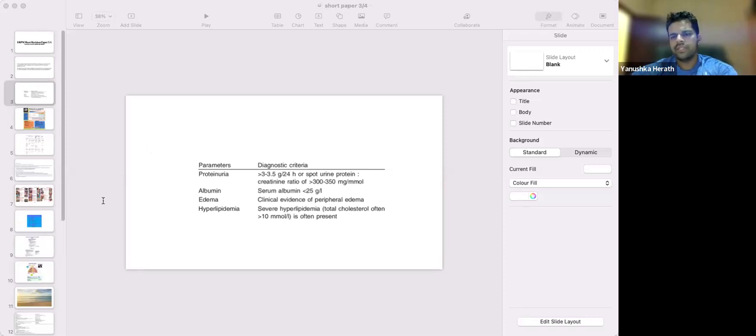So what you do is you see the apneic hypoapneic index, and based on that you can categorize it. There is also a screening tool, the STOP-BANG screening tool, which can be used for screening purposes of obstructive sleep apnea. And once you diagnose obstructive sleep apnea, treatment will be CPAP in the night, and also weight reduction and lifestyle modification.